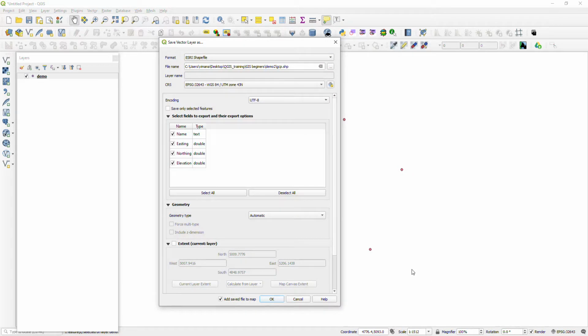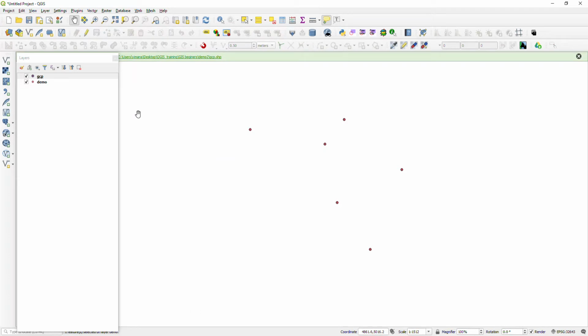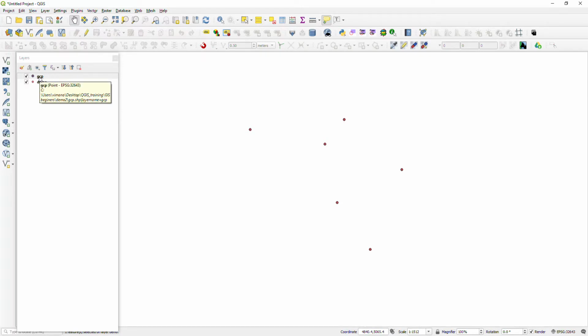Please watch the coordinate system also. After that you can click OK. Now the process of CSV file into shapefile is completed. Once the process is done, that file will immediately appear in the layer panel. So you can toggle and see, this is shapefile, this is GeoJSON.